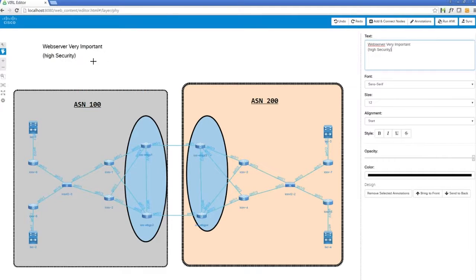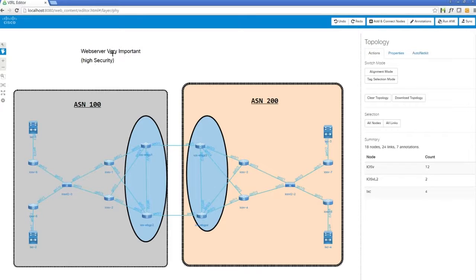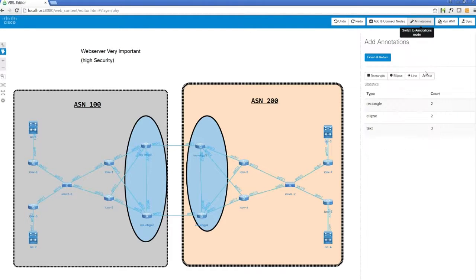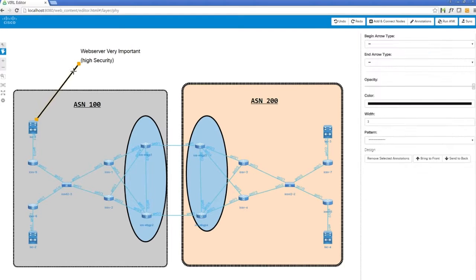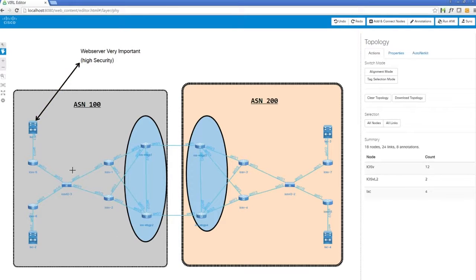Okay, let's drag this up so you can see it better. Okay, so we got it here. And the last piece is the line. So let's connect this text to this server. Finish and return, and we can add the arrows so it's more clear that the very important web server is this guy here. Okay, so as you see, we can now create some nice looking topology, which is more clear